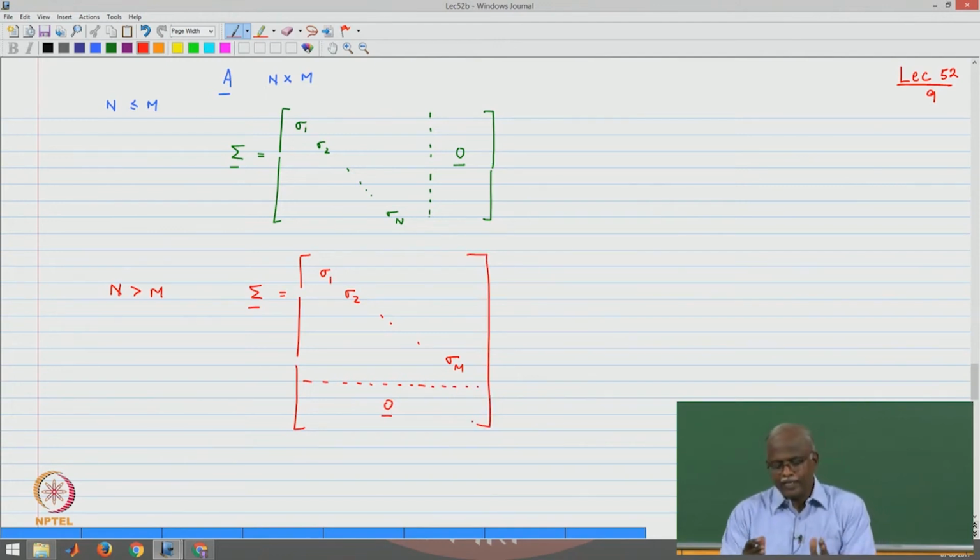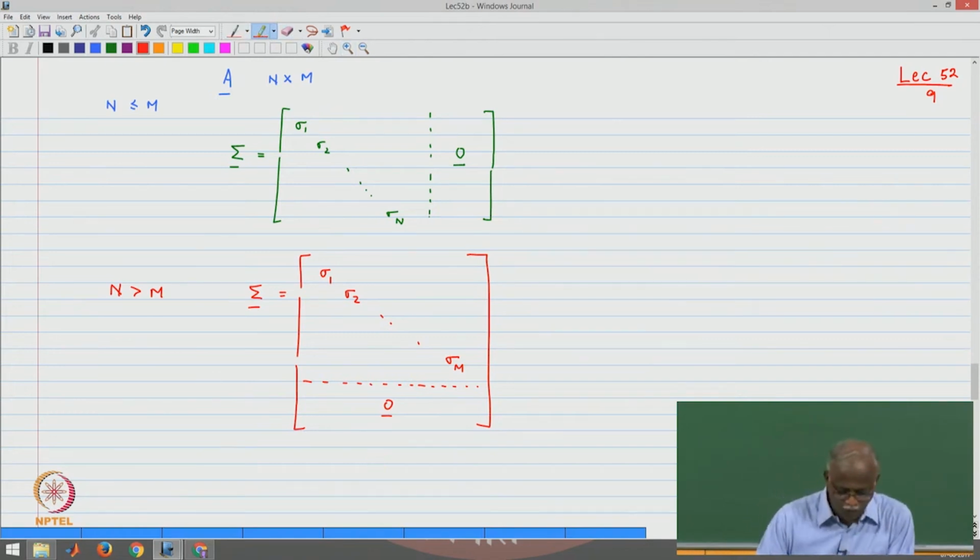So, in one case where the number of rows is less than the number of columns, we get the upper form, and in the second case when we have the number of rows more than the number of columns, then we get this form. Now, of course, you can visualize the case where the matrix A is not full rank, in which case there would be minor modifications of this structure, keeping in mind that only a subset of these are non-zero,